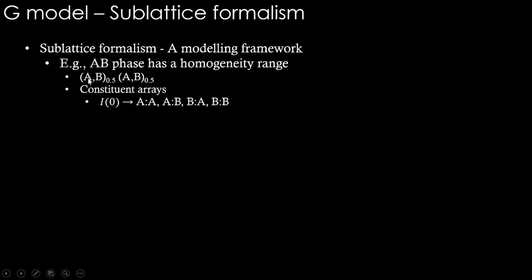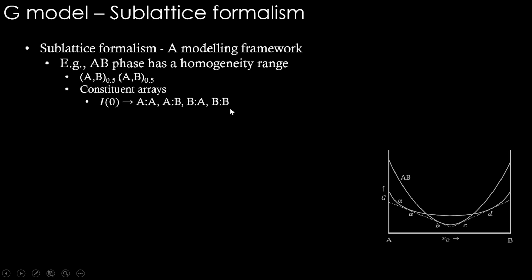You can sense that if you take a compound of this sort, A occupying the full sublattice here and A occupying the full sublattice here, if these two sublattices interpenetrate, what you get is 100% A in this structure, this AB phase sublattice, right? So that is this particular composition. Similarly, different compositions can come: A in sublattice 1, B in sublattice 2, or B in sublattice 1, A in sublattice 2, and B in both the sublattices.